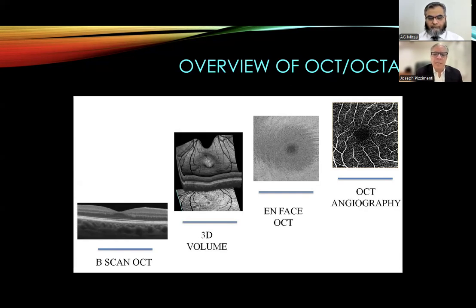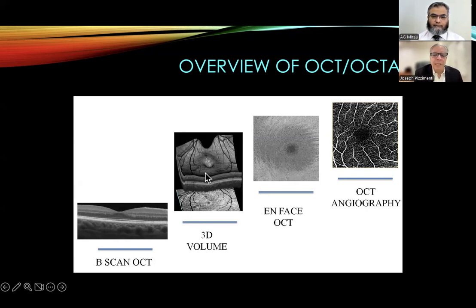One of the things that we can do with the 3D data is to provide en face OCT, in which the instrument will image the retina layer by layer, as if I am standing in the vitreous cavity, or a miniature version of me is standing in the vitreous cavity, looking down at the vitreoretinal interface, and we're able to peel layer by layer and view the structure of all of those layers in detail. And as you could see, here is the peripapillary retinal nerve fiber layer on this en face OCT.